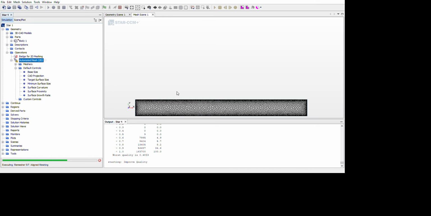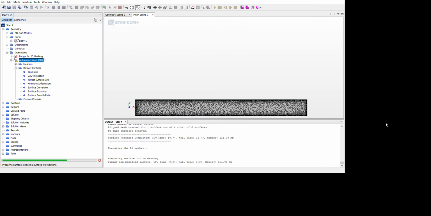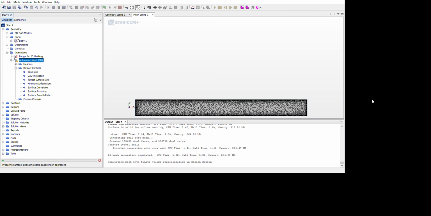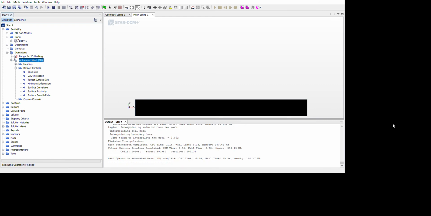If I'm looking at my temperature at the end of the outlet, and the temperature for this 0.05 mm base size has come out as 100.15 degrees centigrade, but my experimental data is something like 100.1597, I want to exactly match my experimental data at the outlet. So I further refine my mesh to 0.01 mm where I get 100.158 degrees centigrade, and to 0.0001 where I get 100.1587, which exactly matches the experimental data. This is just an example.